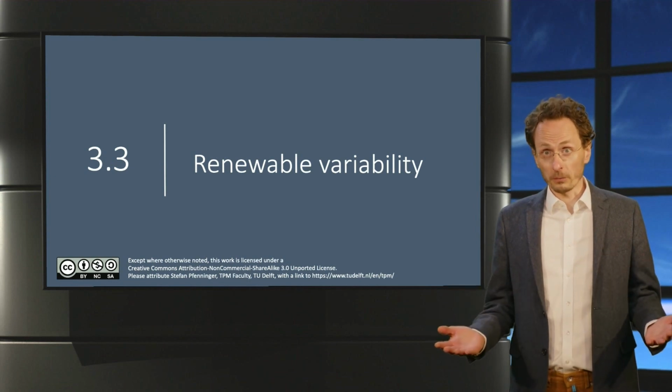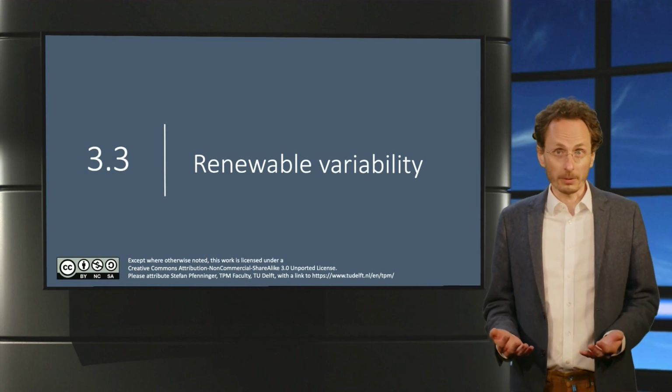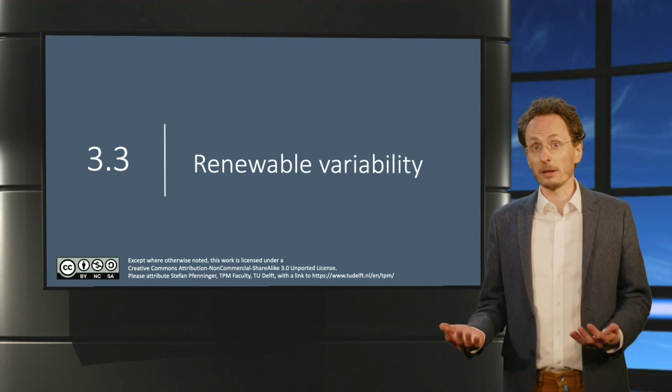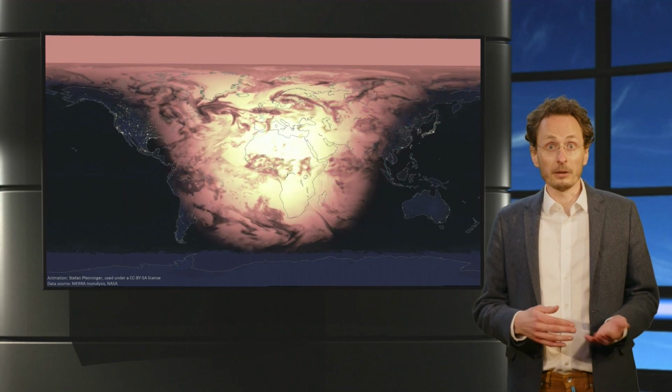In the third module this week, we arrive at a crucial topic: renewable energy variability. We said that wind and solar energy technologies are very cheap. The cost per unit of electricity, the cost per kilowatt hour produced, is low. But the big question mark is variability. If, say, with a solar power plant, half of the day we get cheap electricity, but half of the day we get no electricity at all, how useful is this in fact?